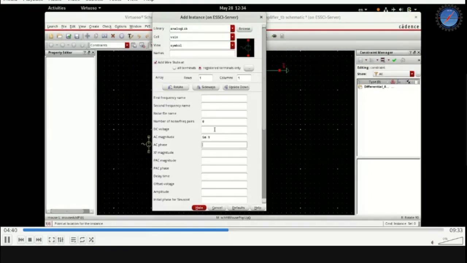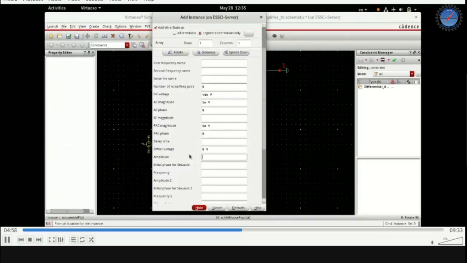Okay, so here the gain of this amplifier is going to be pretty large. It's about 100 for the design we have done. So the input needs to be small enough so that even after gain, the swing is not going to be too much, right? Only then it is going to work as an amplifier. If you give too much input voltage, then the output will saturate to the power rails. So we'll just give 5 millivolts for the signal.